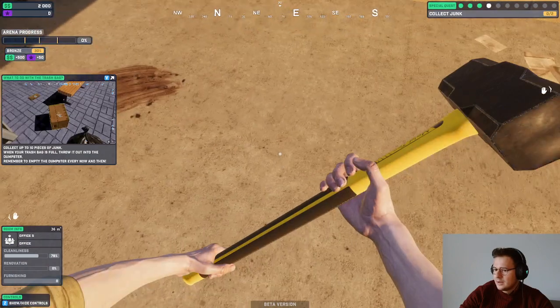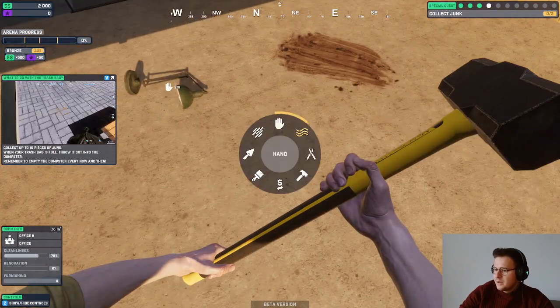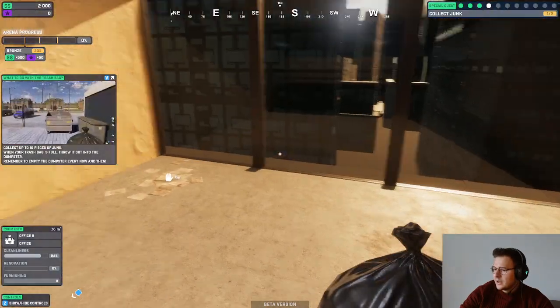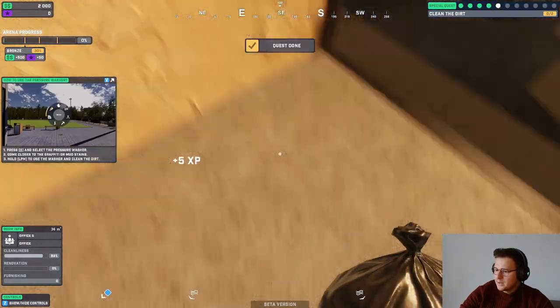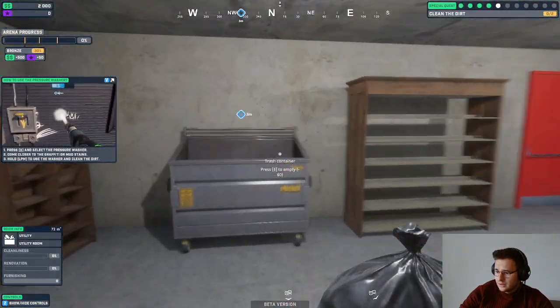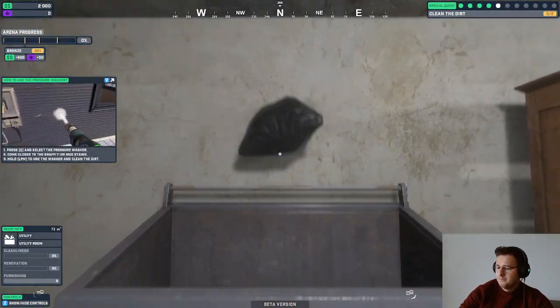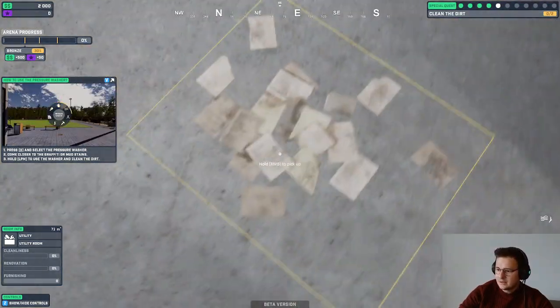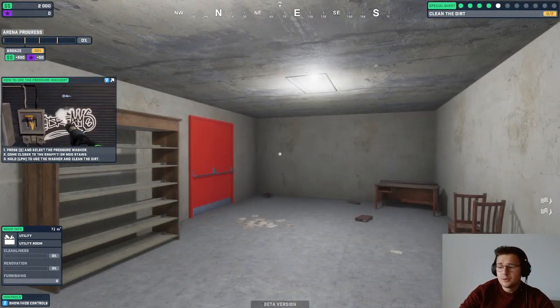Okay, so let's just maybe pick this lamp. Oh, and now I have a bag in my hand. So let's just take it to the trash container. Well, that's so cool. Very nice mechanic. Okay, so first of all, what I'm going to do,